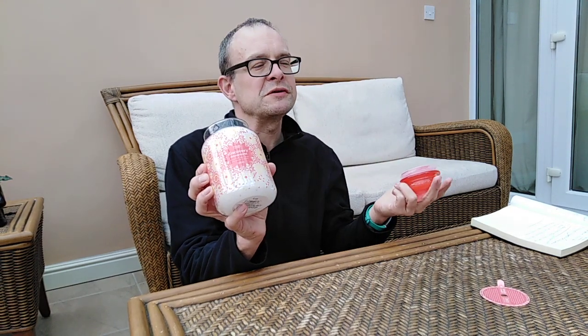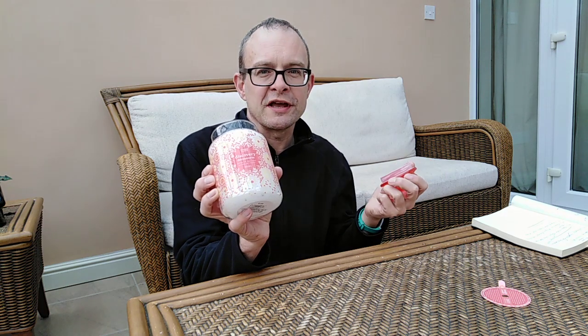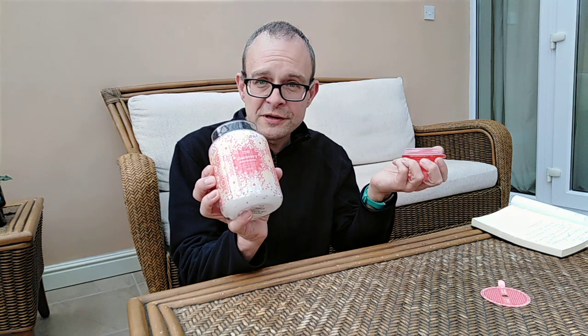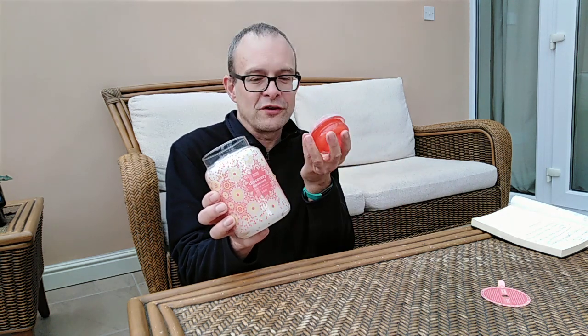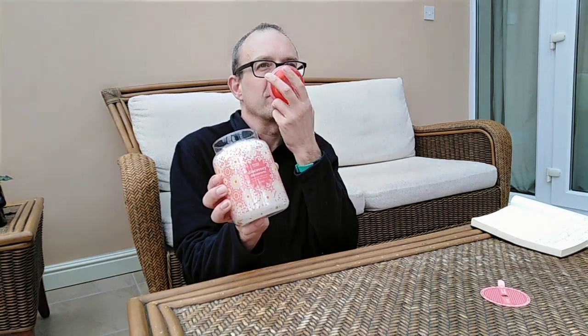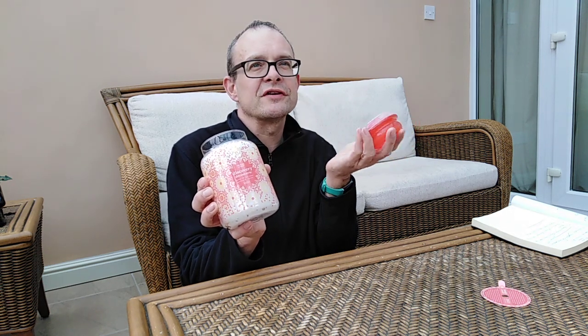Now for me, two of the best fruit medleys that Yankee have ever done are Fruit Fusion and Citrus Tango. This is up there in terms of that level of complexity of fruit that you've got in this. It's absolutely beautiful. That ginger really hits you and gives it that warming feel along with the fruit there. The vanilla note. You can, as I say, sniff this and pick up different things every time,